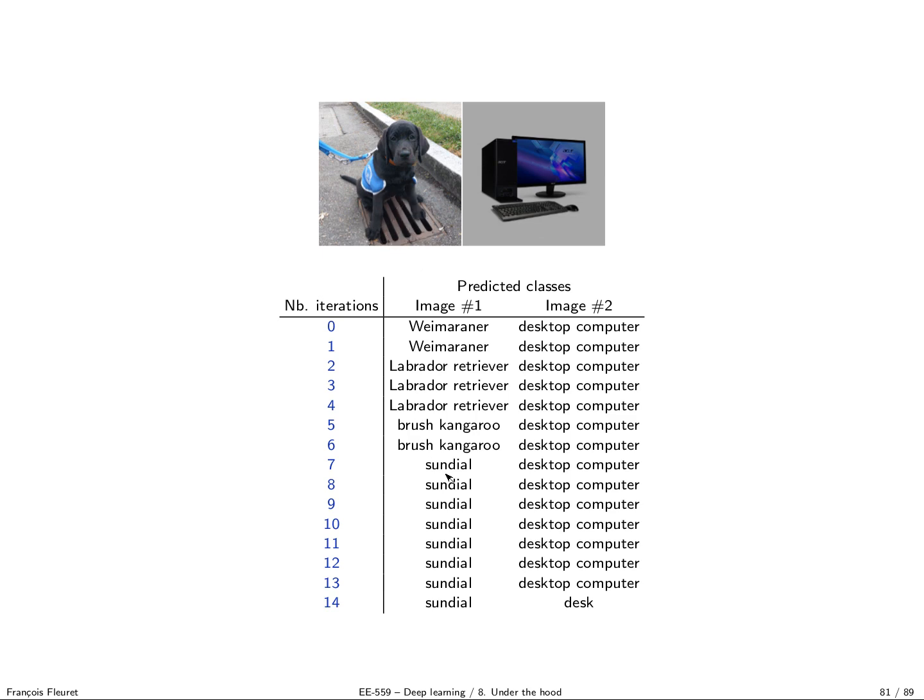And then you stick on sundial for a while. If you take this guy and you do the same, you get desktop computer, at some point you transition to desk, which I think is quite reasonable, because having a desktop computer floating in the air like this makes no sense. So it's reasonable that the network has captured the statistic that when you have a computer, you have actually a desk. Sundial, it's hard to understand.